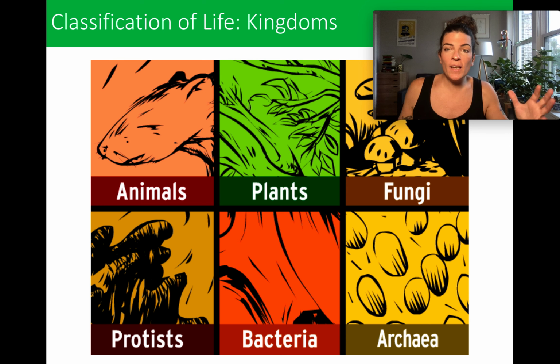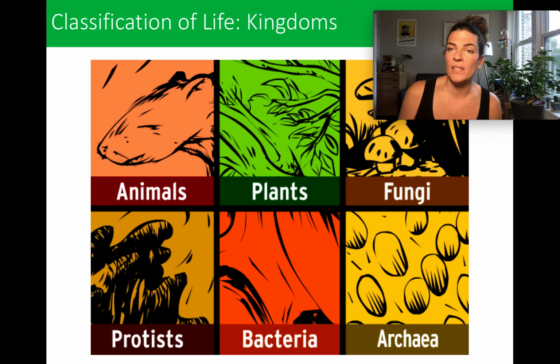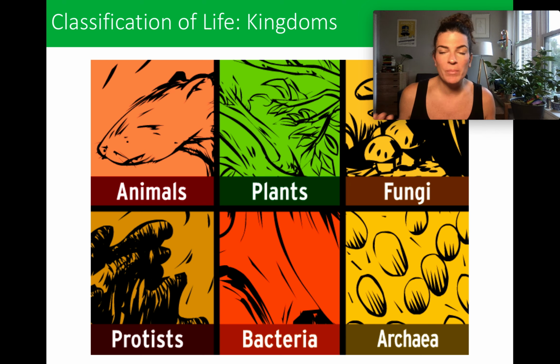Okay, so if we're thinking about all of the species on Earth, of which there are multitudes, we typically classify them into 6 different types, which we call kingdoms. So of course we have animals and plants and fungi, which are like mushrooms and mold. But then on a smaller, individual scale, right?